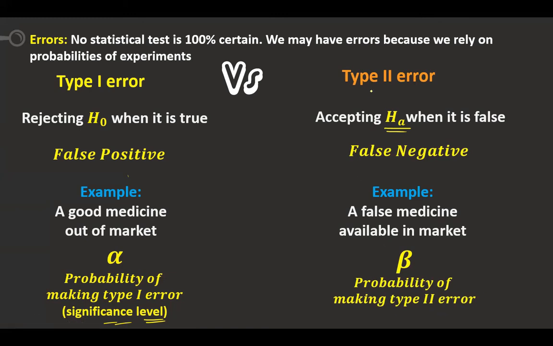Keep in mind, type 2 error itself is not denoted by beta. The probability of making a type 2 error is denoted by beta. Similarly, type 1 error is not denoted by alpha, but the probability of making a type 1 error is called alpha. Alpha is called the significance level. Beta is the probability of making a type 2 error. We are not giving any name for this. These alpha, beta, you have to remember. Based on this, we'll do a sum.